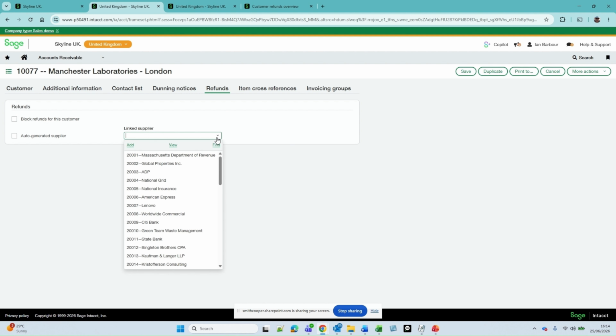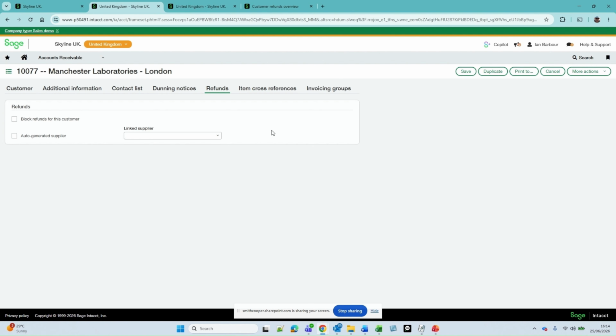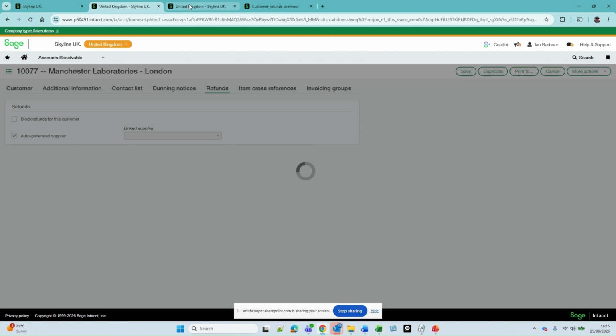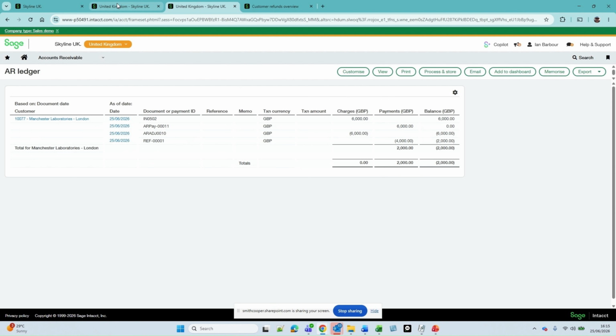Because it will raise a transaction against that supplier, which is where the payment's going to come off, and I can choose which supplier to put it through. But preferably, I'll just choose an auto-generated supplier, so it'll create a new supplier connected to this company when I make the refund payment. Now, there's one proviso with that. You need to make sure you have auto-sequencing enabled so that the supplier can be created automatically. Now that I've done that, I'll go back to my refunds,